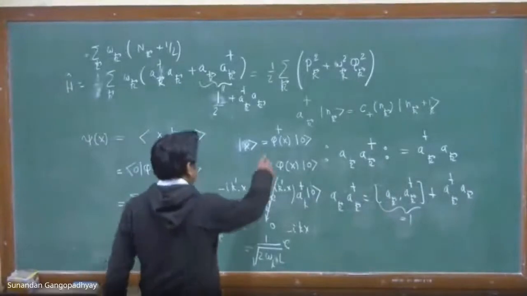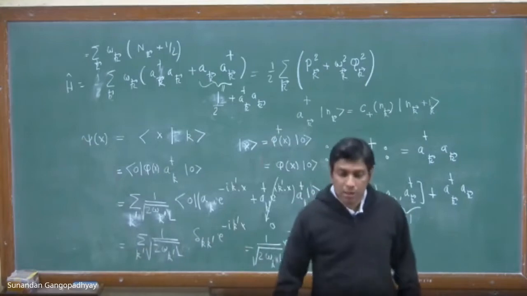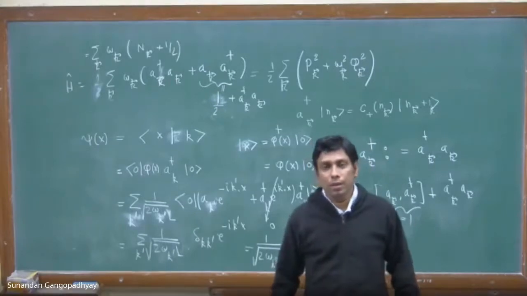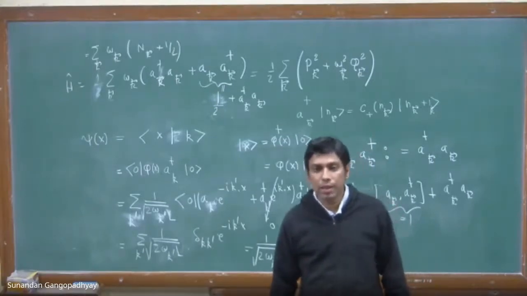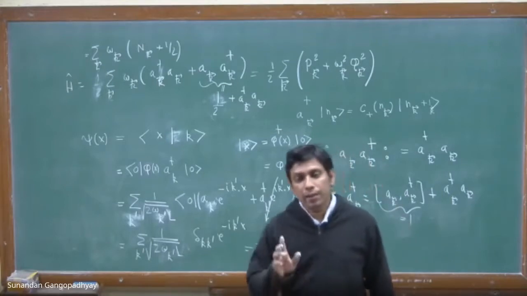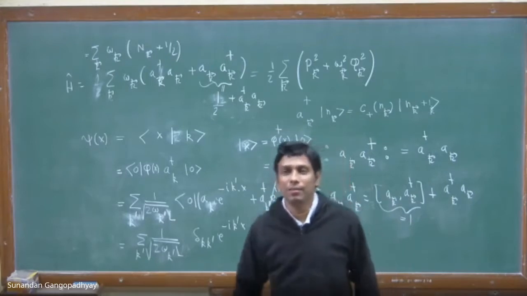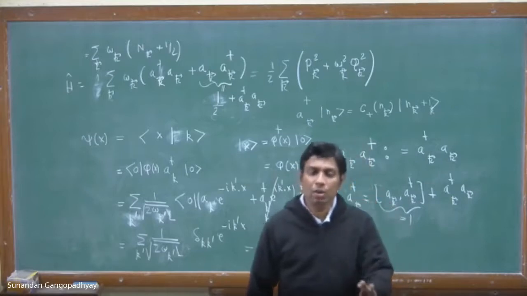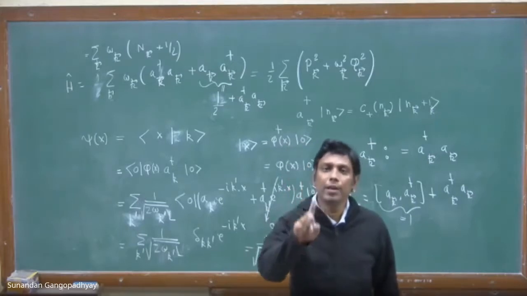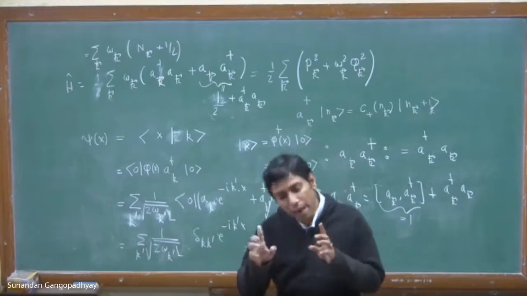Similarly, when you write the field operators in terms of these x's, these are field operators in the configuration space, not in the momentum space. What I'm saying is that the field operator in the configuration space from which we started, acting on the vacuum state gives you a single particle at the position x. Just as the creation operator a dagger k acting on the vacuum state gives you a single particle with momentum k, this gives you a single particle at the position x.